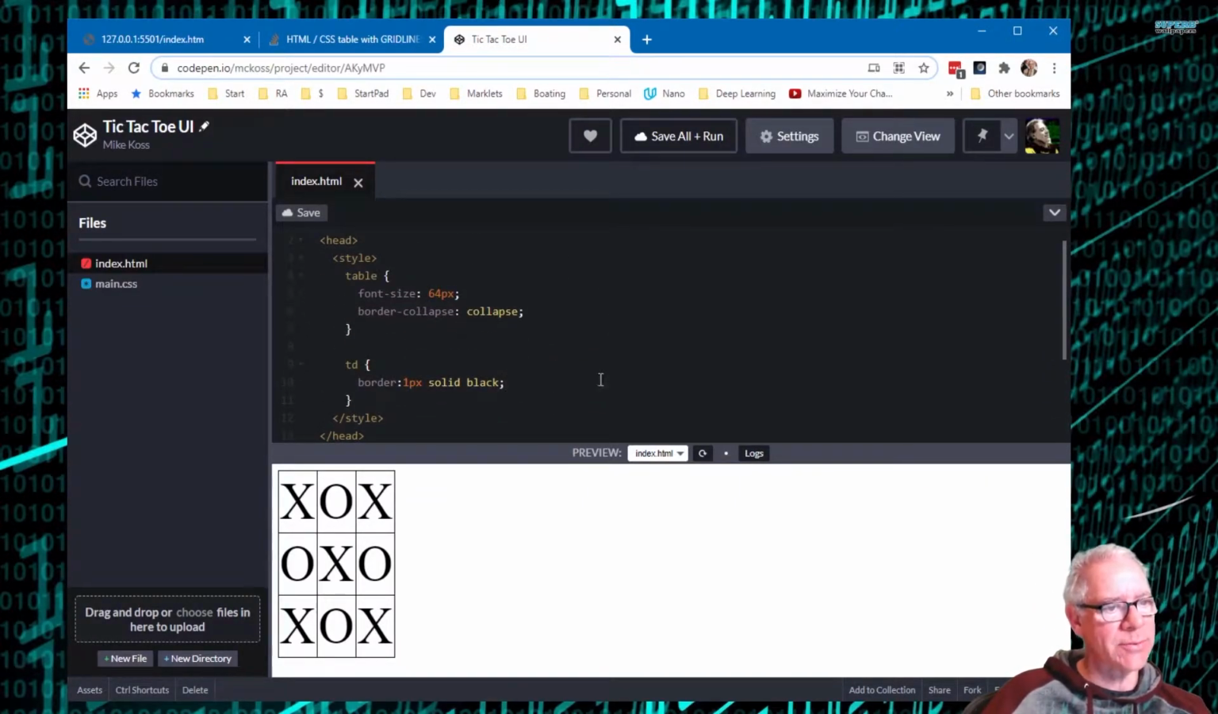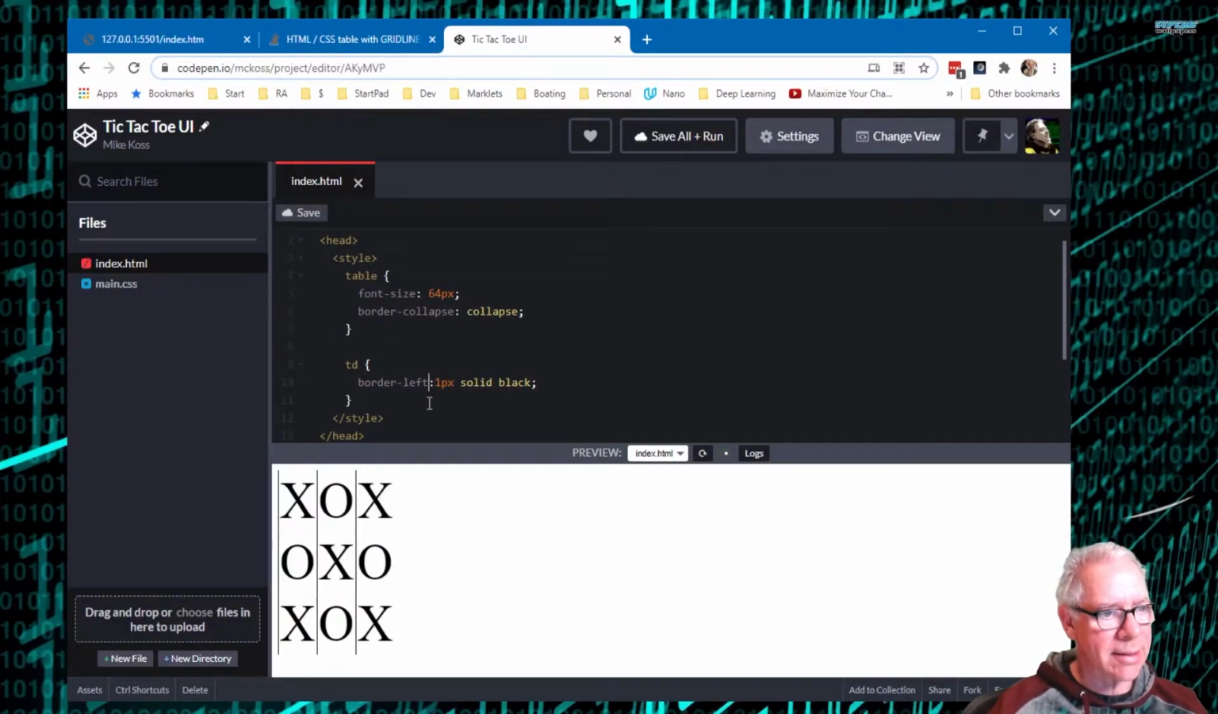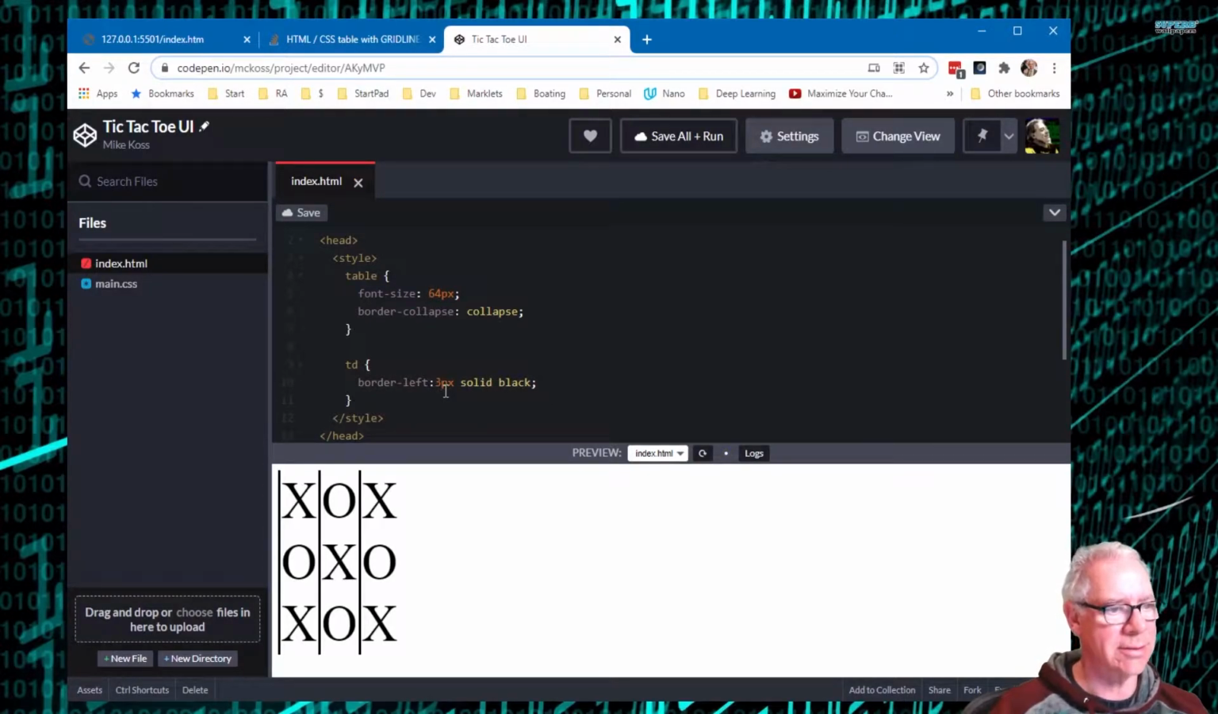But you know, that isn't really what we want. So I can say border left, and let's make this something like 3 pixels. And no, that's not everything. Unfortunately, that is not what we want for the left-hand one. We don't want a border all the way to the left of the table. We just want these two cells to have